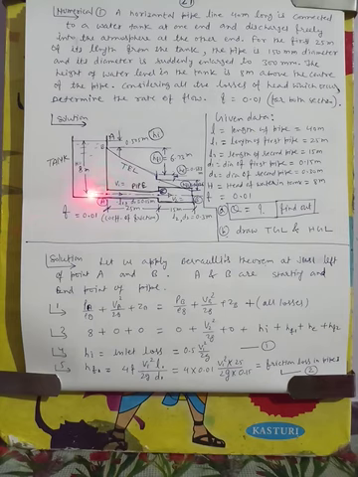And let us suppose the center line of the pipe is the reference datum level, so ZA will be 0. At the outlet of the pipe, the pressure head will be 0. Suppose the velocity in the small pipe is V1 and in the big pipe is V2. So VB will be V2 square by 2g, plus ZB, the potential head, will be 0. And losses are like this.